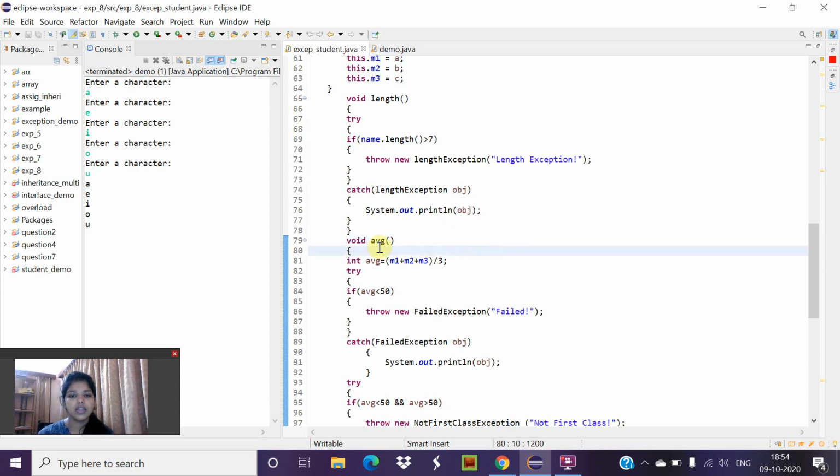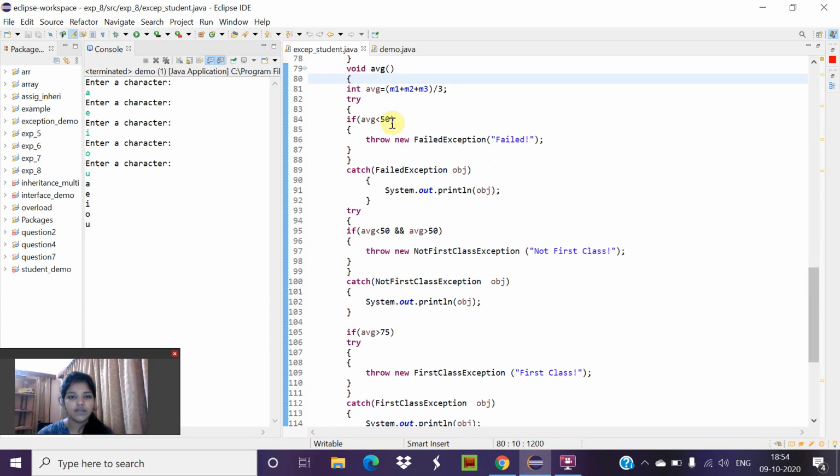Next is the average function. It will calculate the average, m1 plus m2 plus m3 divided by 3, followed by the try block. Again we are checking using an if condition whether average is less than 50.